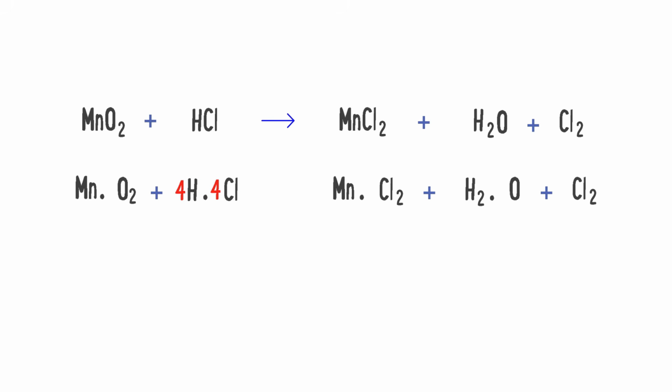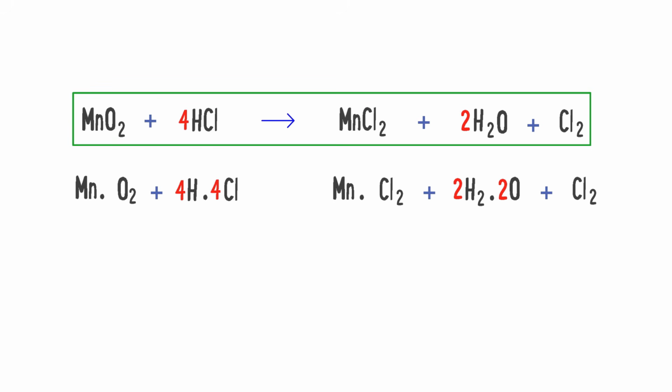Now chlorine is balanced. Here are 4 hydrogen atoms while there are 2 hydrogen atoms. So multiply it by 2. Also multiply oxygen by 2. 2 into 2 is equal to 4. Also here are 4 hydrogen atoms. Now there are 2 oxygen atoms and also 2 oxygen atoms. Thus I take this 4 and put it with HCl and I take this 2 and put it with H2O. This is the complete balanced chemical equation.